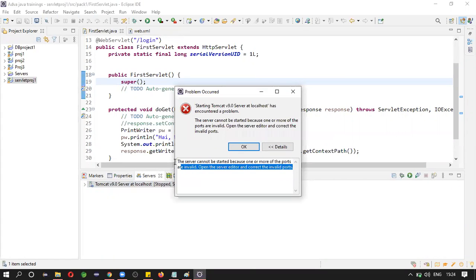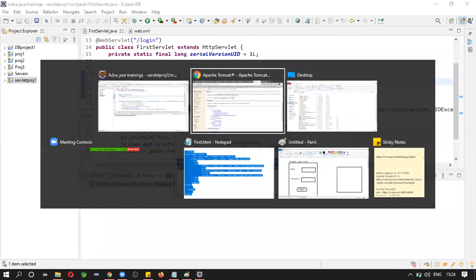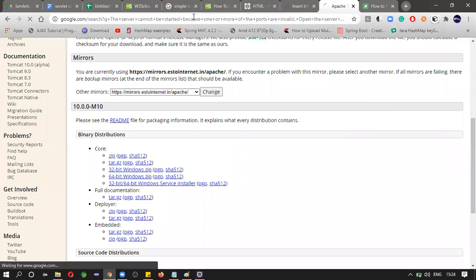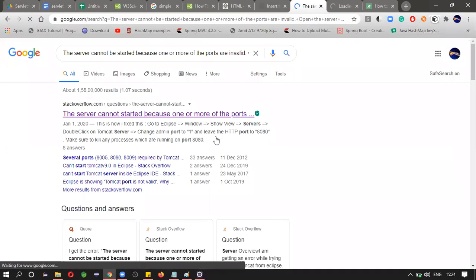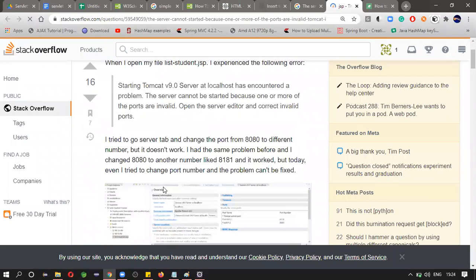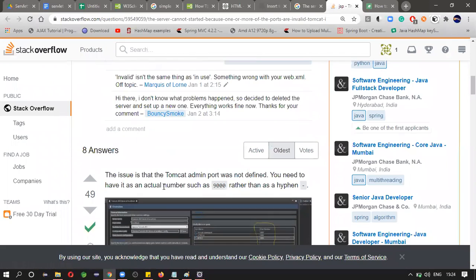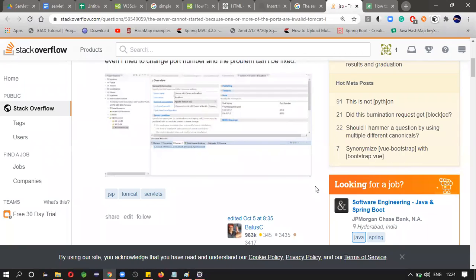If you don't have any idea, then just copy this and search in Google. Okay. You will get some suggestions, not exact, but some suggestions. See how to learn something from Google, okay, especially from Stack Overflow.